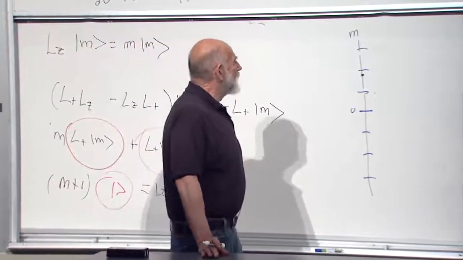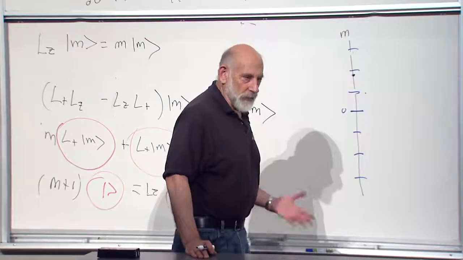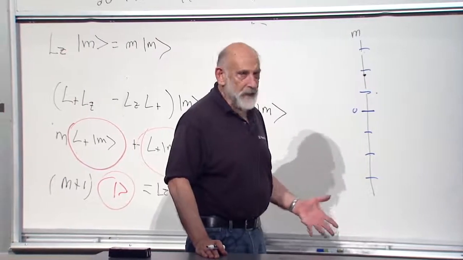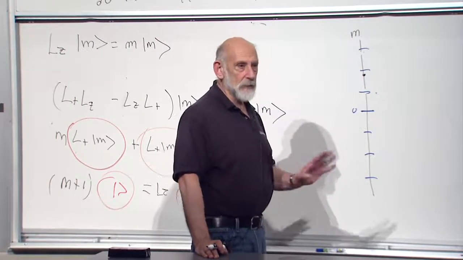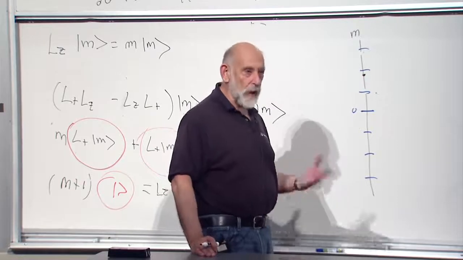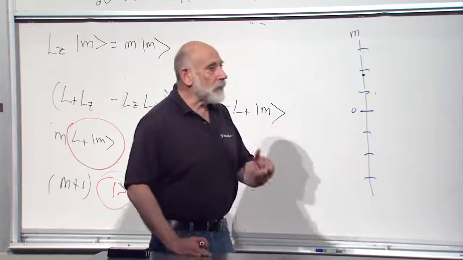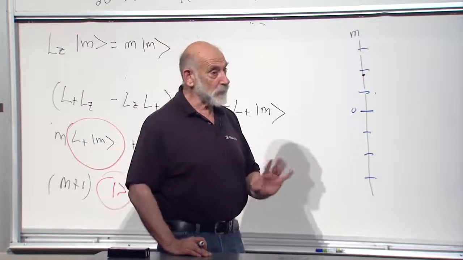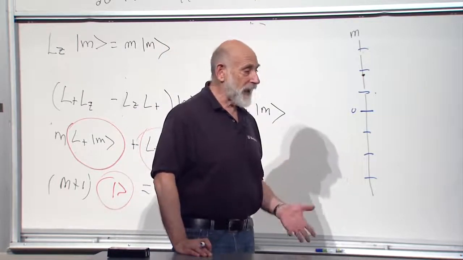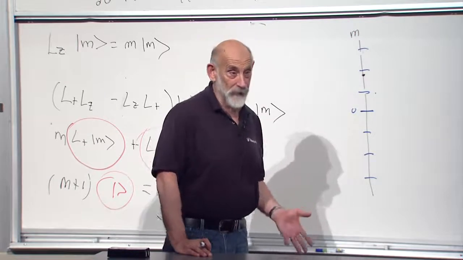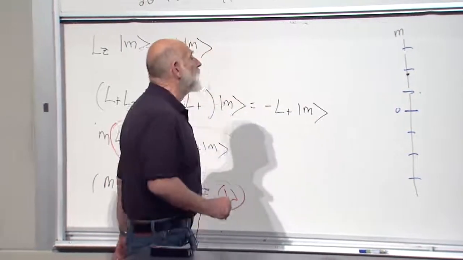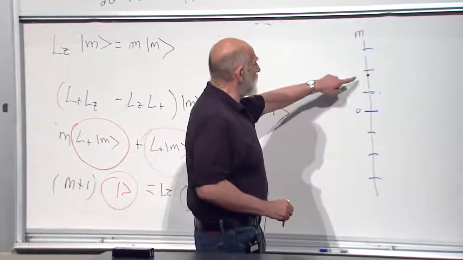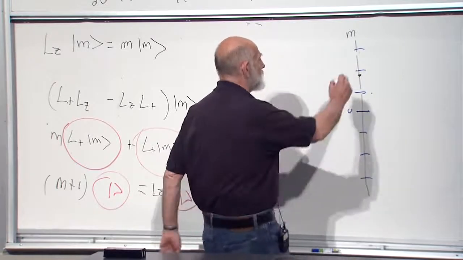Yeah, we could go back to what I said earlier and use that. I don't want to, because I want to show you another argument for it. Now, the other argument will not prove it's an integer. It'll prove something a little bit looser, and the looser fact is in fact the correct fact. But we'll see. All right, so the first thing is we know that there's got to be another one above